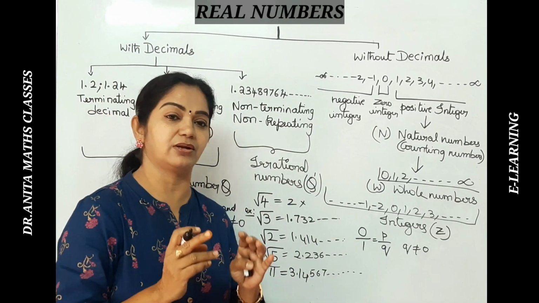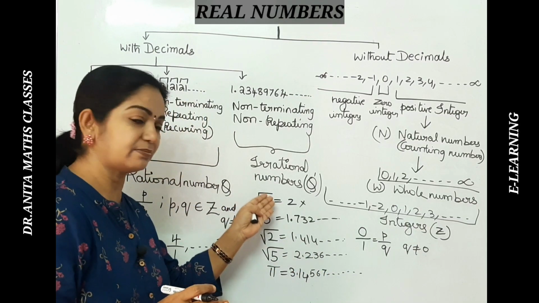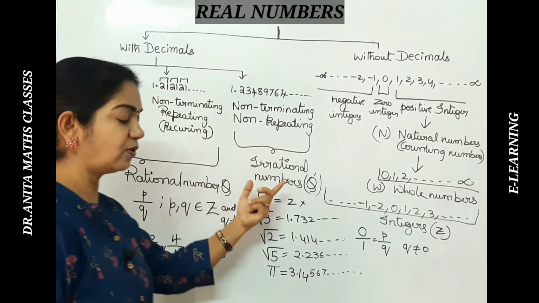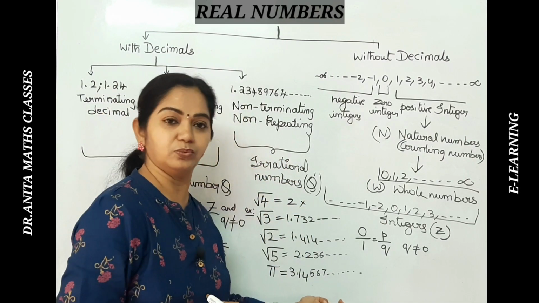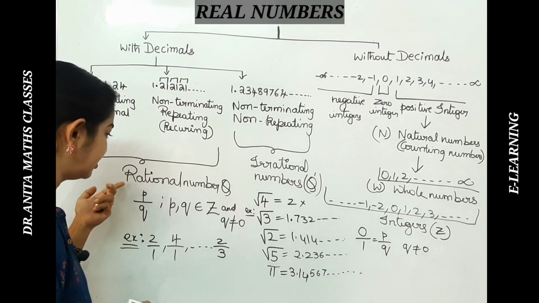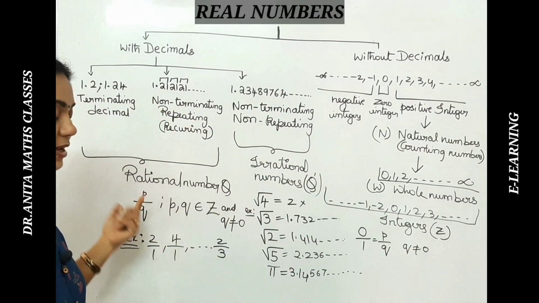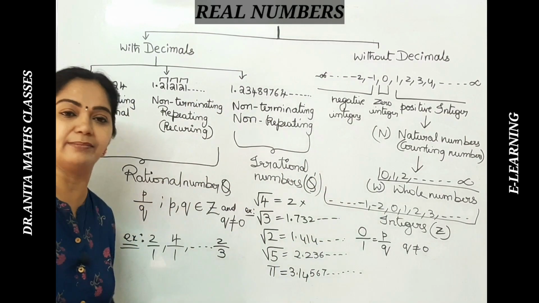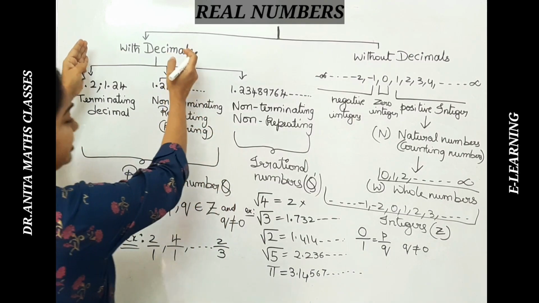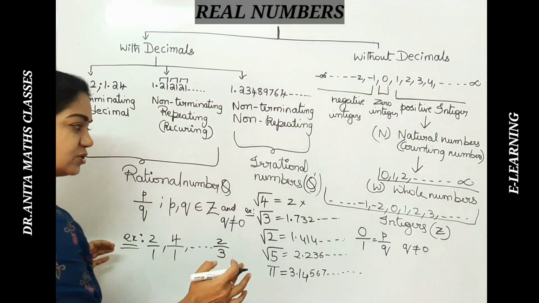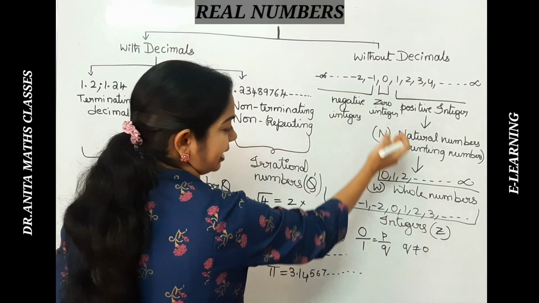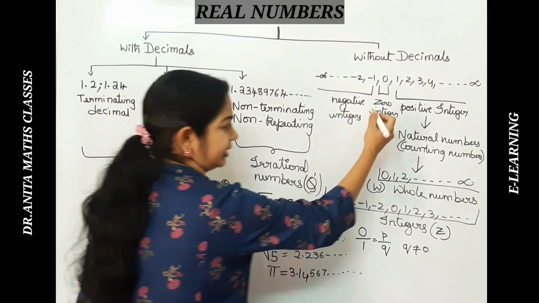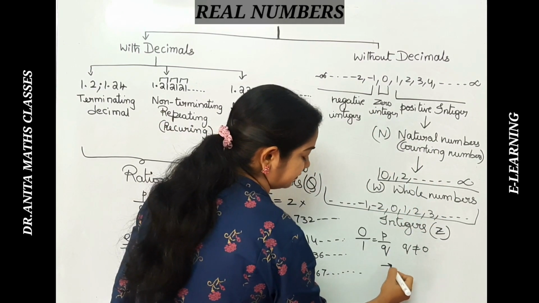You can just remember that the square roots of the numbers which are not perfect squares are irrational numbers. They cannot be written in the form of p by q. That means if they are written in the form of p by q, they can be called rational numbers. So here we can sum up that real numbers are the numbers with decimals as well as without decimals. We have studied natural numbers, whole numbers, integers and all that, and in the types of numbers you will be getting in all these numbers,